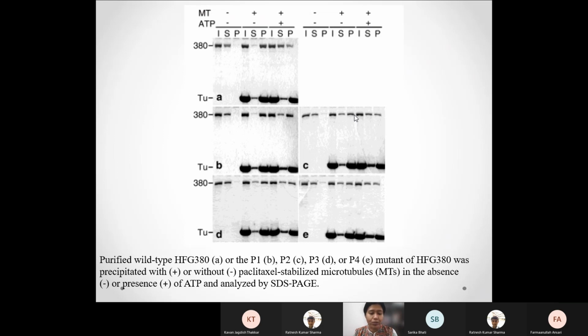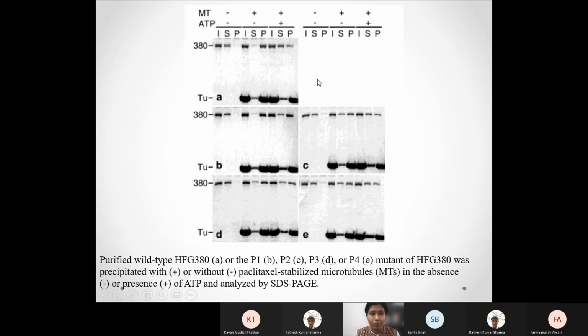So wild type, mutant. So if you take dynein with the wild type sequence, and it's a truncated dynein, right? Last time we also saw that this is not the full dynein, just the minimum motor unit. That means the N terminus that is required for cargo binding is taken away. So if you take the minimum motor unit and try to do a microtubule binding assay, this is